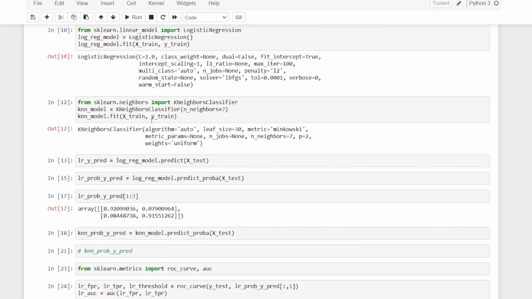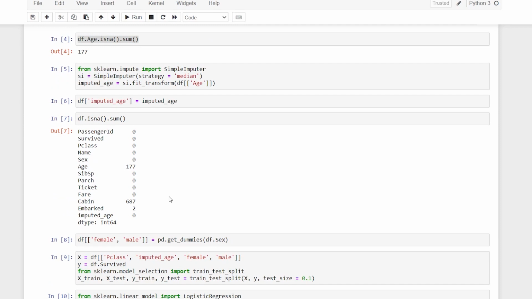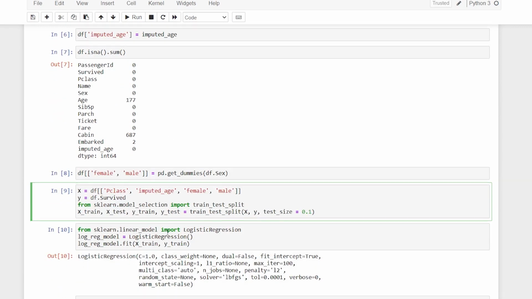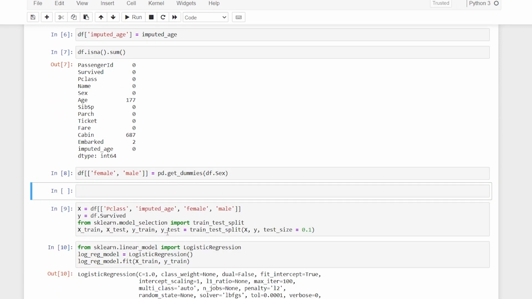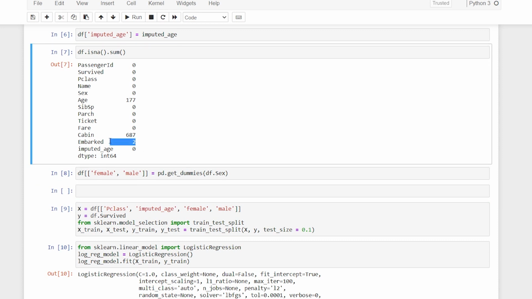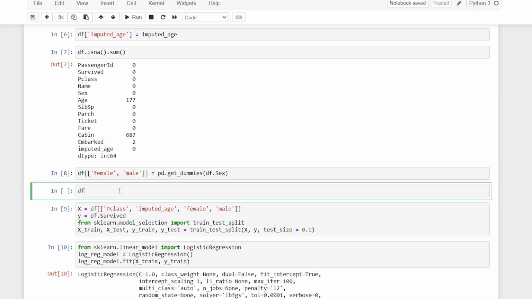Okay, so if I want to, let's say, include embarked in this, I'm just concerned about embarked, I'll just say escape and I can enter it over here. So embarked does have two null values. So the way I can check them, I'll say df loc, and here I can say df embarked dot isna, and then I can say, let's say sum, or let's say just isna. I just want to check the values.